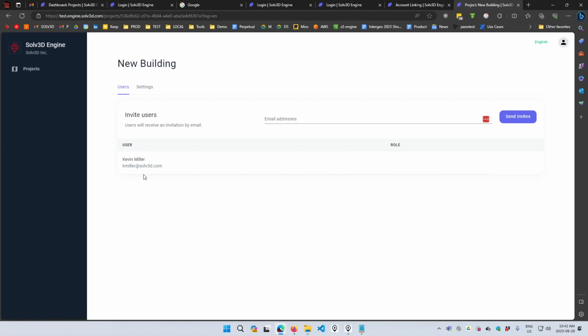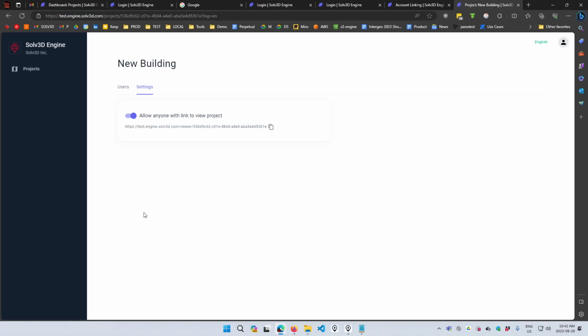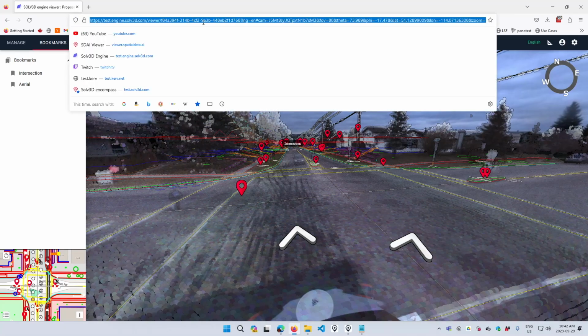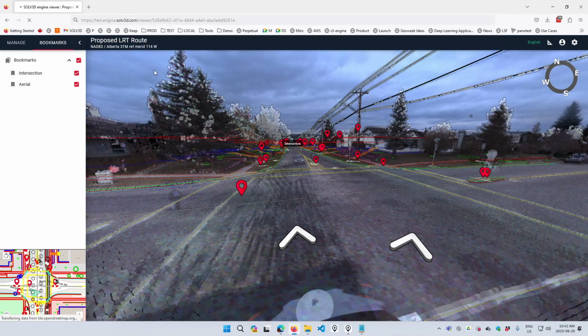So you see here, just like I was showing with the project admins, I can click Settings. I'm the only one who has access to the project because I just created it, but I can choose to invite users by email just like before, or I can go to Settings. Maybe I want to allow view-only access, and I can copy this out. Maybe let's just open it up in Firefox just to show you. Paste the URL here, and